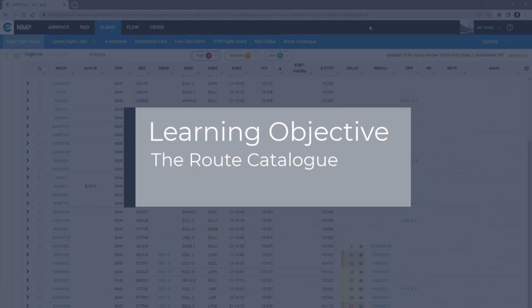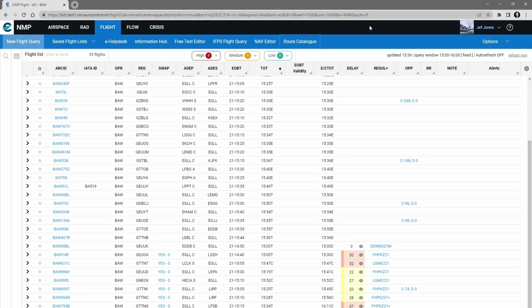This tutorial will look at the route catalogue. The route catalogue is an NM database that is filled with flight plan routes of flight plans that have been filed over the last year. There are two options. The first is to use the main route catalogue